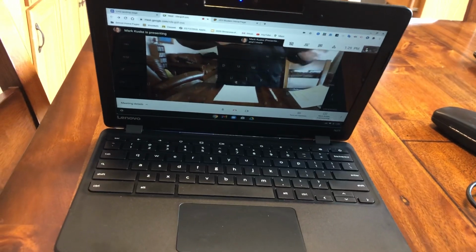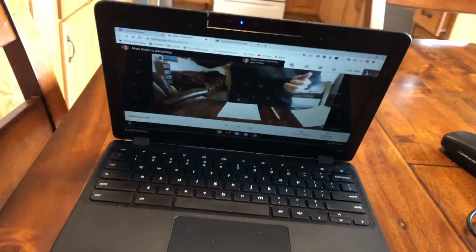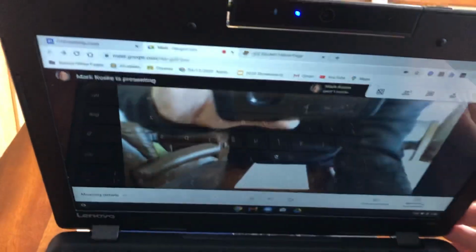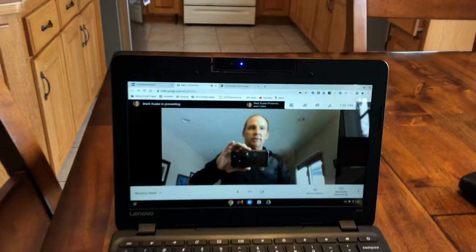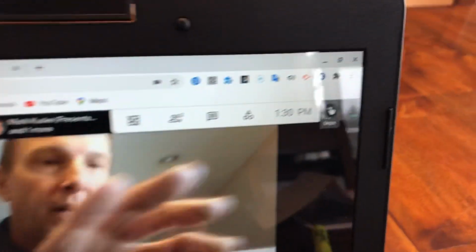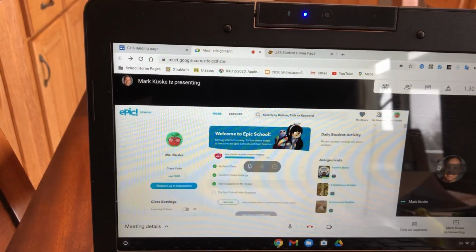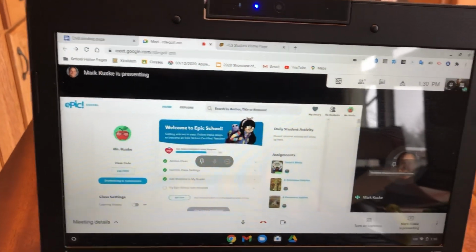Now the teacher says, hey, it's time to get back to the presentation that they have. So what you're going to do then is you're going to lift up the screen. And then when you lift up the screen, you're going to unpin. So go back up to that corner again and click on that pin to make it clear. Okay? And now you're going to have the presentation here, but then all the people are over here on the